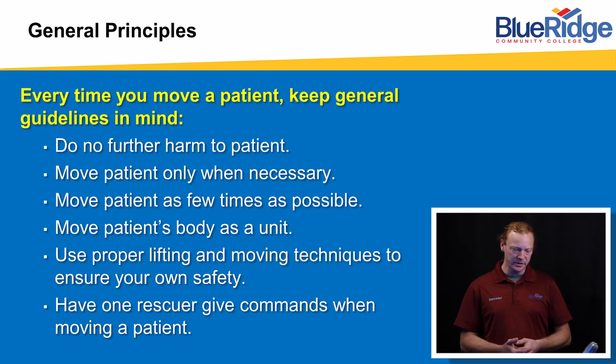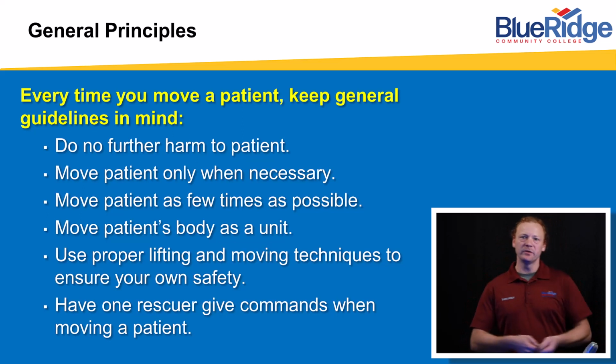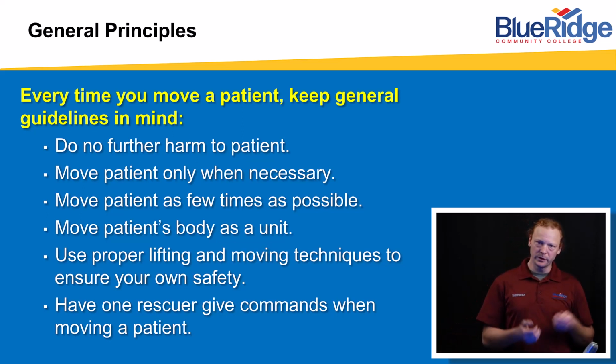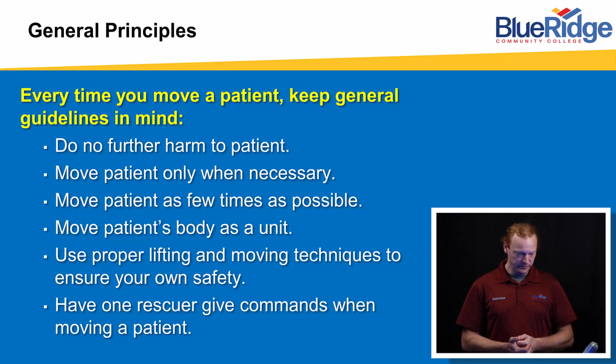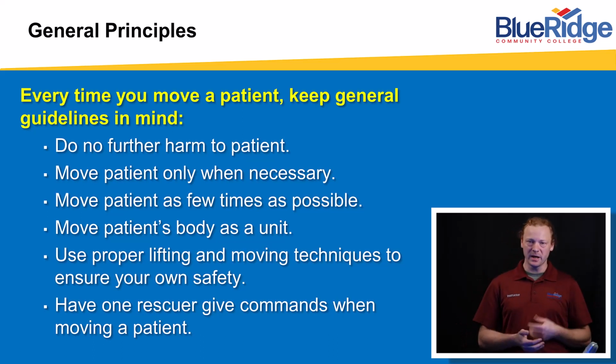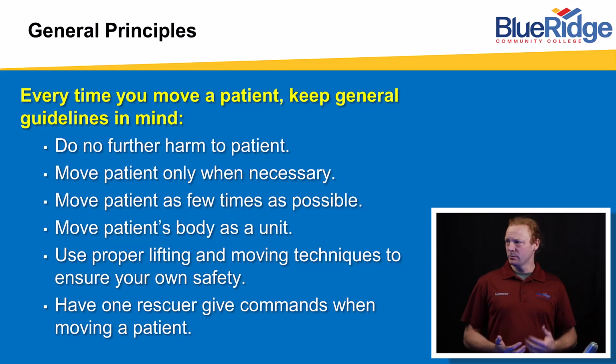Also, we want to move our patient's body as a unit. We don't want to go feet first, head later, or vice versa. We want to go entire patient from A to B in one move. So communicating with your partners if you have multiple responders and making sure everyone's on the same page before initiating